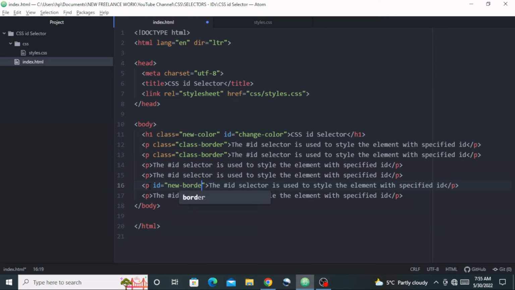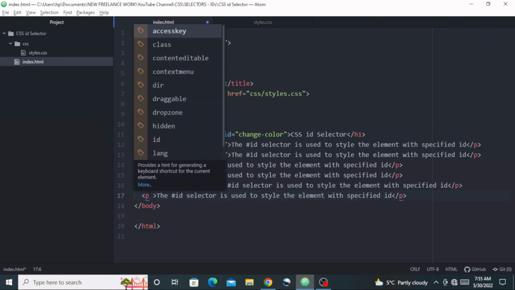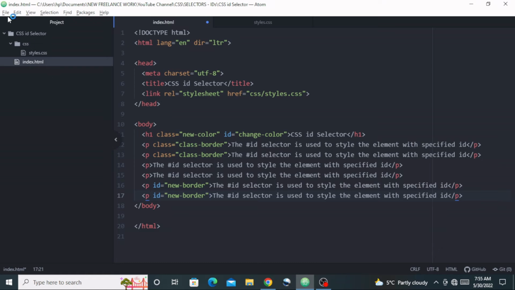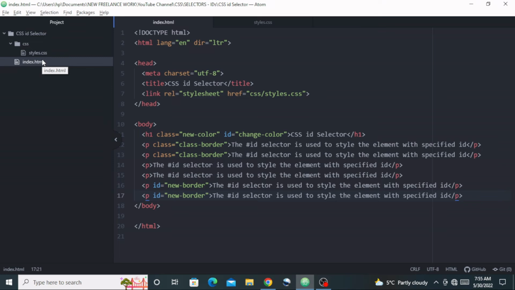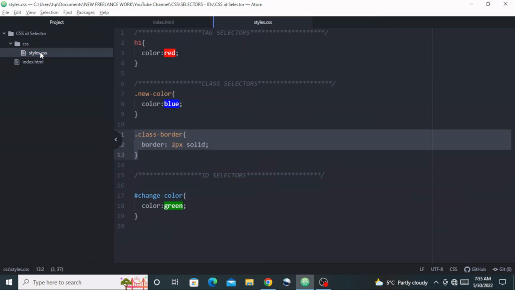I'll call this new border. Once again, you can just call it anything. I'm going to copy this here and then paste it inside the sixth paragraph, and then let's save, go into our style sheet. Inside my style sheet here, I'm going to target those two paragraphs using an ID, and